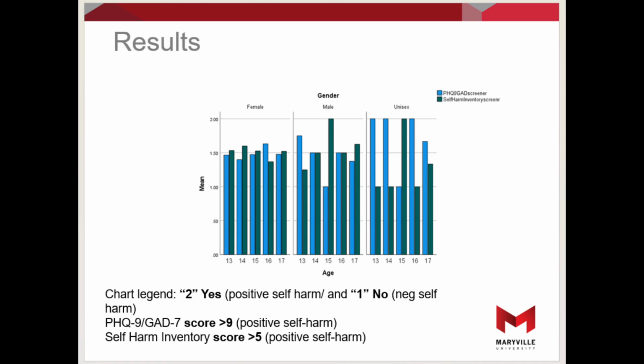So after the description of the patients given and the breakdown of the groups, I was able to show that the gender and age group recorded identified more so with the self-harming behaviors screener by way of reporting self-harm more so with that screener than the PHQ-9 or GAD-7. And again, you can look at the screen and tell that they're kind of neck and neck a little bit, but for the most part, according to the numbers, the self-harm inventory screener did receive more results of yes.